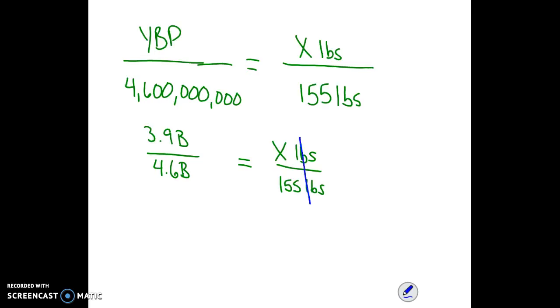Remember, the units cancel out, pounds divided by pounds. So I'm going to multiply both sides. We'll simplify to 0.848 again. I'm going to times both sides by 155. And 155 times 0.848 is